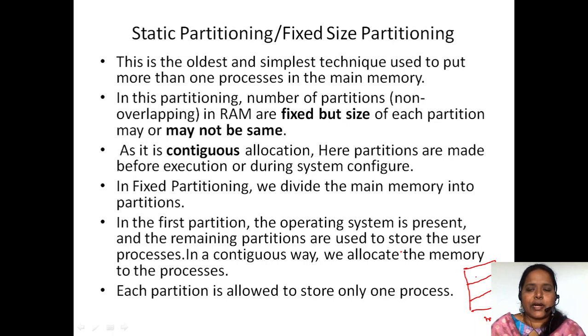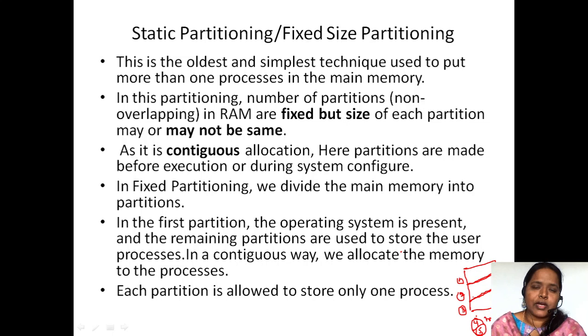So in static partitioning, this partitioning is there. How many partitions are there here? There are three partitions: this is the first partition, second partition and third partition. These partitions are fixed. We can't include another partition, a fourth or fifth partition. We can't include. Why? Because